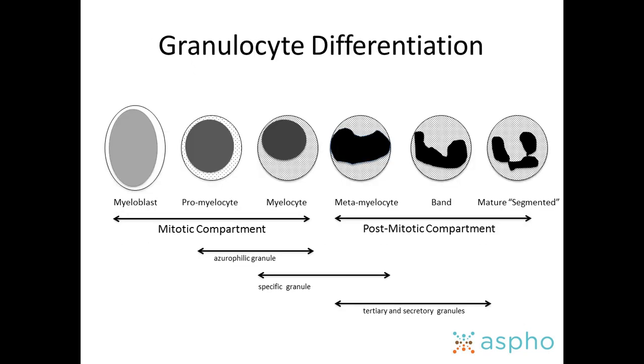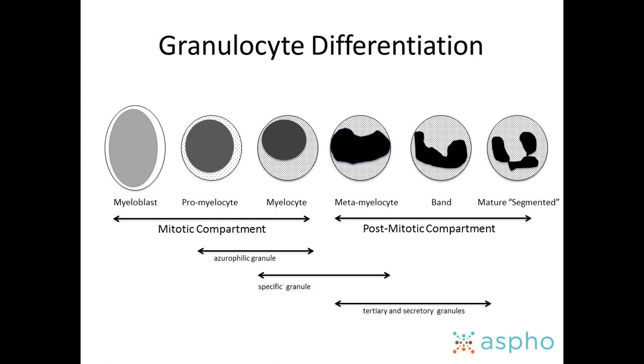All right, the other part of granulocytes that we want to talk about is differentiation. So how does a myeloblast become a mature neutrophil ready for action? And I think a lot of this we probably understand intuitively from AML, right? With different stages of myeloblast differentiation, we end up with different kinds of diseases. And so we understand from the M0 to M7 a little bit how this works.